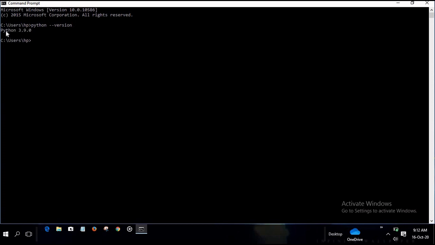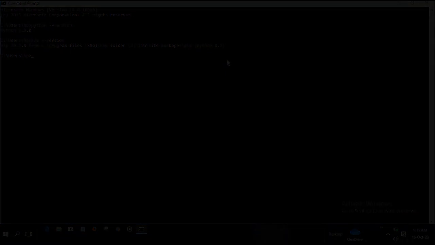So you can see here my Python version is Python 3.9.0. You can do programming in the Python console or Python IDLE or in the command prompt.